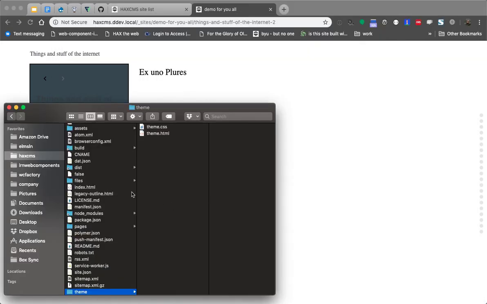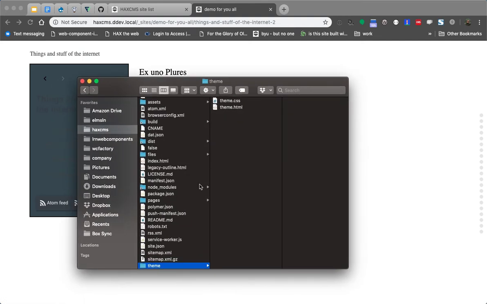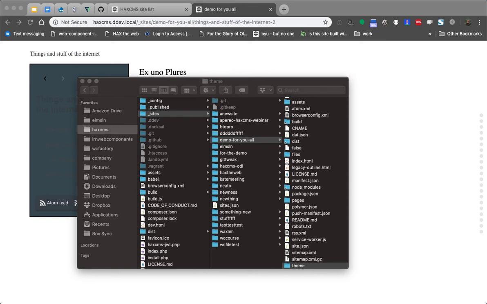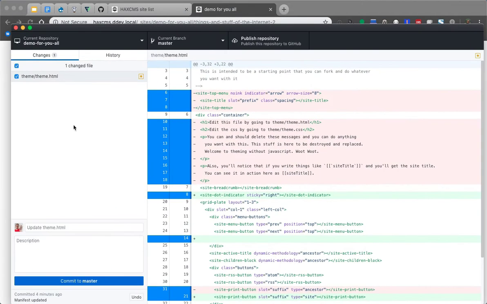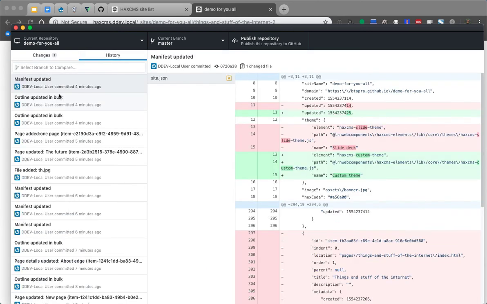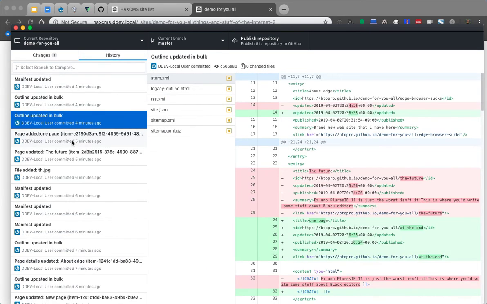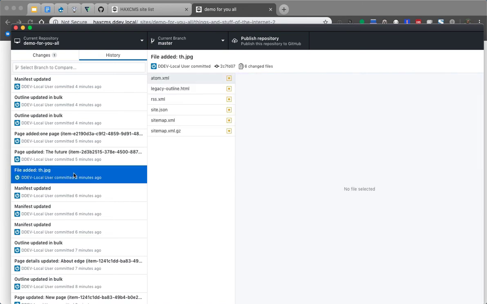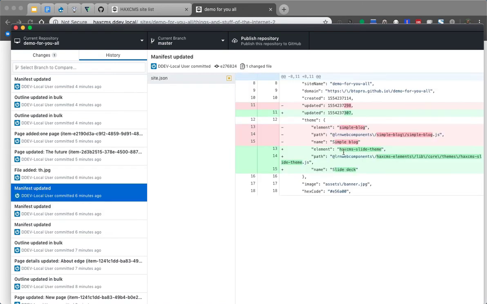What has been happening here the entire time? We've been working in version control without ever setting up anything. So here's that theme file, but more importantly, here's every operation that I just executed, every page I changed, every piece of content, every time I flipped themes. See, there's the slide theme versus the blog. So if I really wanted to, I could revert